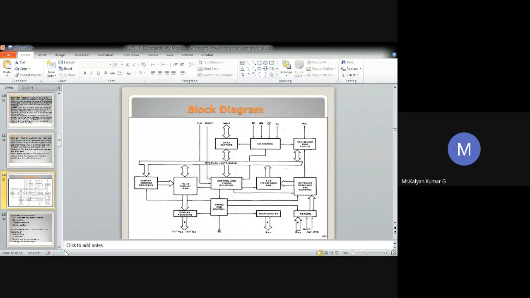So you can just have a look at the architecture. From the architecture, you can get what blocks are available. If you look at the architecture cleanly, the 8279 has 4 major sections. You can classify all the blocks under any one of these 4 major sections. So you have a keyboard section, a scan section, a display section, and a CPU interface section. Totally we have 4 different sections. We'll see them one by one in detail.